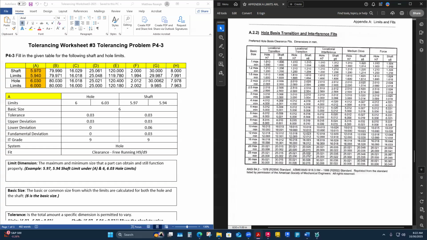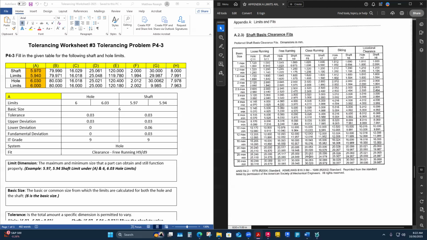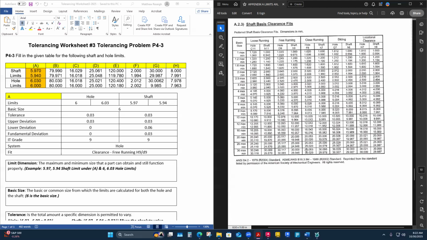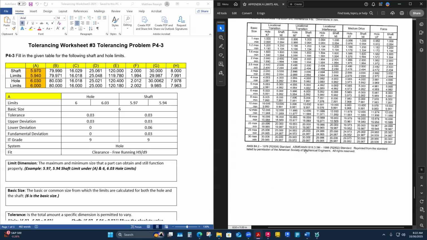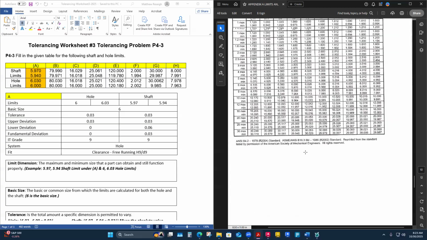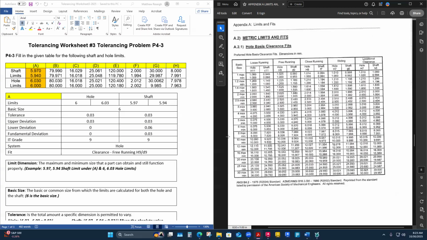So I've got hole basis transition and interference fits on slide 2, and then some shaft basis clearance fits, and maybe another one that's shaft basis transition and interference fits. I think that's the last slide. So there are 4 metric charts here towards the end, starting on slide 8. What we're going to look for here, similar to how we used the other charts for inches, is